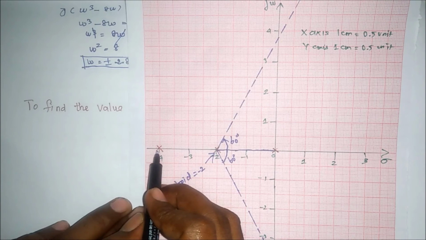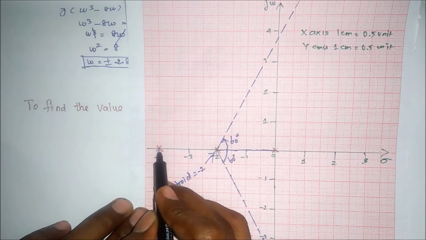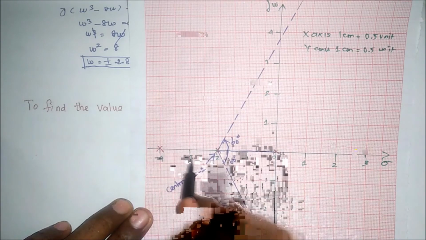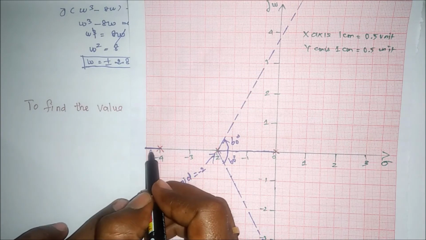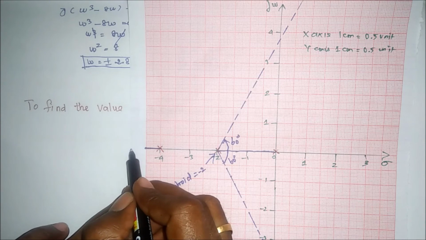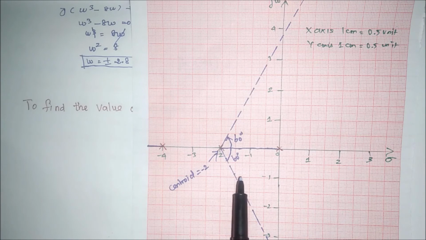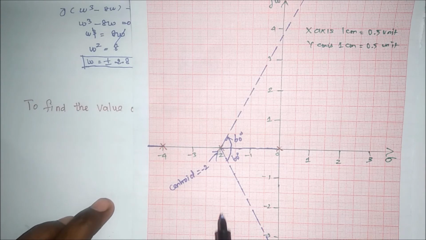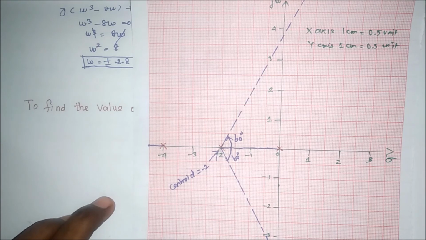But if we take a test point beyond this pole up to infinity, definitely on the right-hand side of the test point there is an odd number of poles. Therefore, from this point to infinity, there is a root locus. It means from this point to infinity, the negative real axis is a part of the root locus. But according to the given open loop transfer function, there are 3 poles available. Therefore, finally the root locus will have 3 branches. So this is a root locus, this is another root locus, and we have to mark the third root locus also.